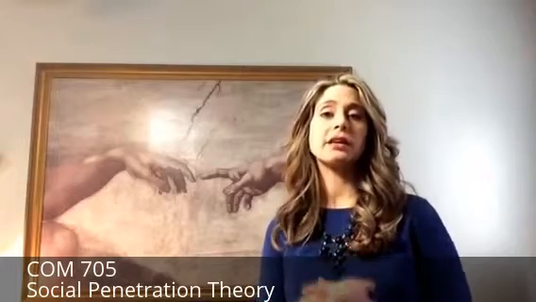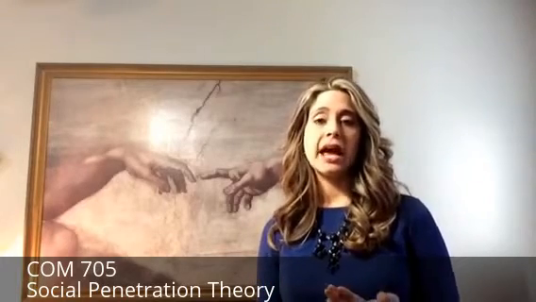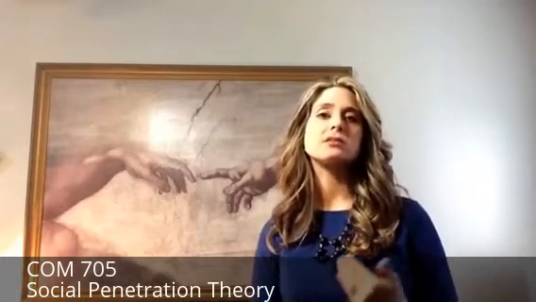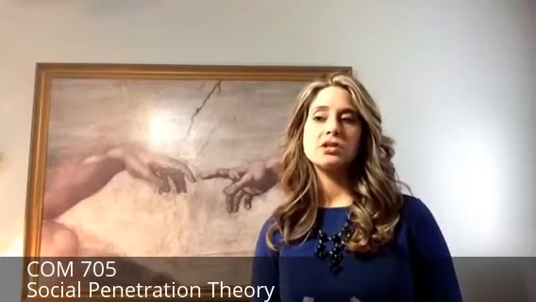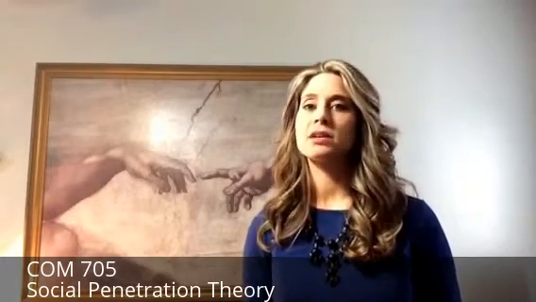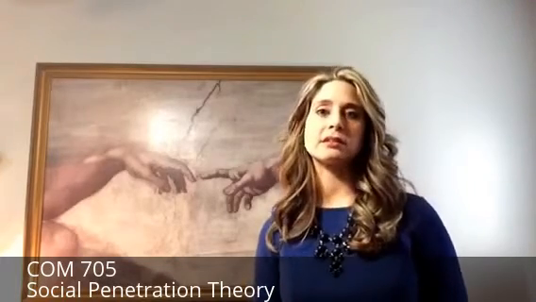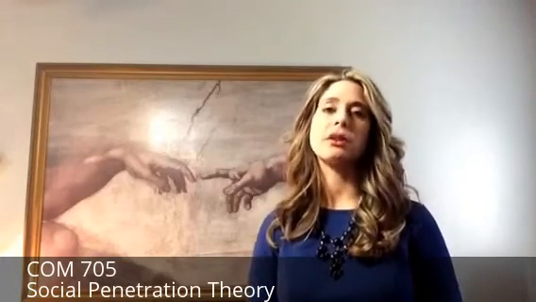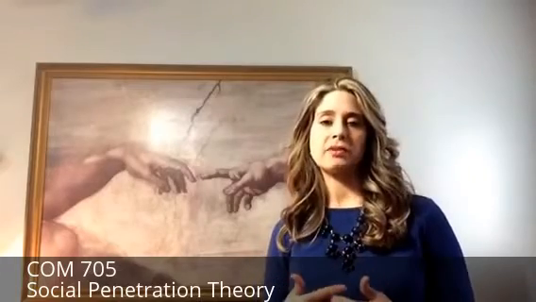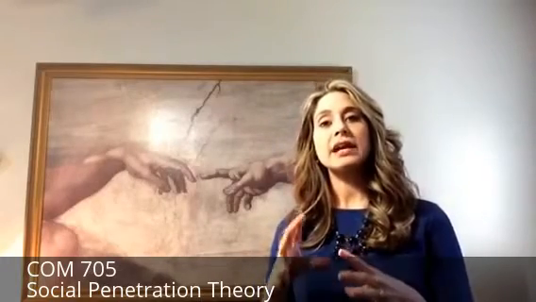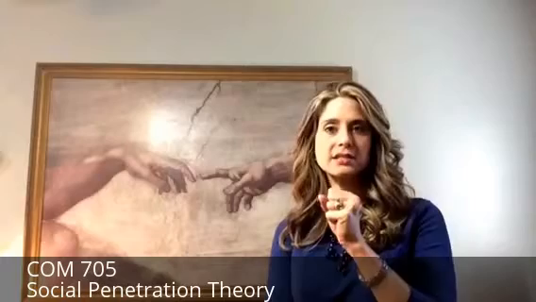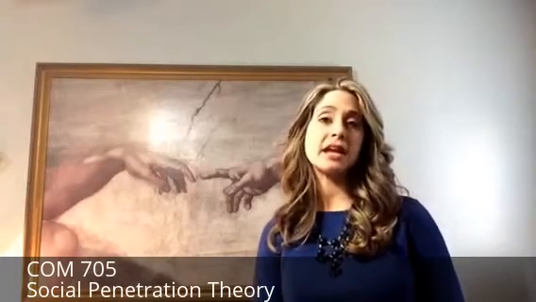The third layer or level is the affective stage. And here is where people start to really get into some intimate topics. So this could be things like something traumatic that's happened, or positive experiences, victories that you've had in your personal life, those types of things. The last layer is the stable stage. So that's the core of the onion, and that's as in-depth and as intimate as a relationship can go.